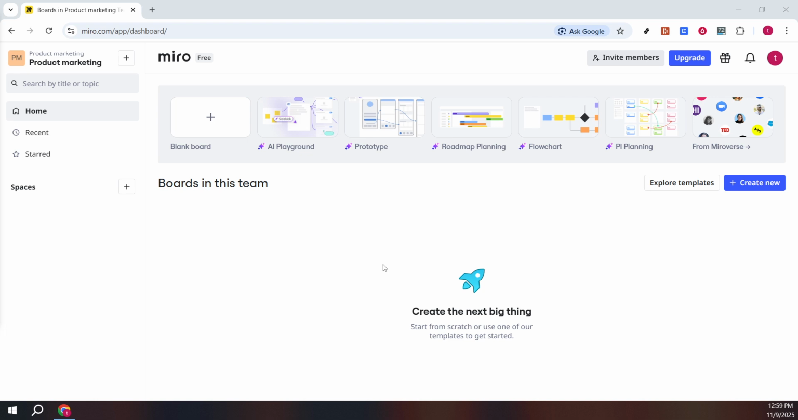First, open your web browser and navigate to the Miro board homepage. If you're not already familiar with Miro, it's an online collaborative whiteboarding platform that's ideal for brainstorming and planning. Once you're on the homepage, you'll see options to create new boards or access existing ones. Look out for the blank board option and go ahead and click on it to create a fresh canvas for